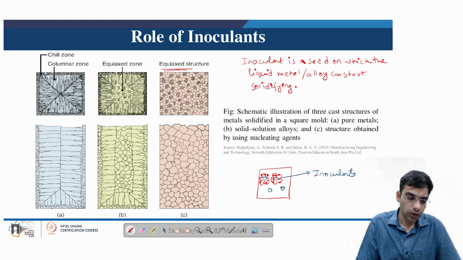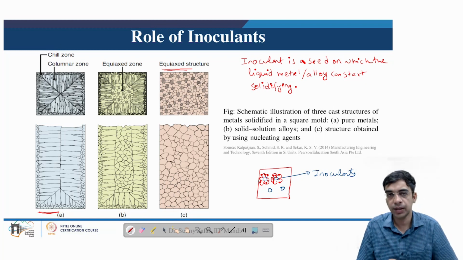Because once we have the long grains as shown in, say, columnar dendritic structure, these long grains are not very favorable for enhanced mechanical properties, because there is a lesser number of grain boundaries and larger grains. Larger grains are generally characterized by more defects, porosities and impurities. So we want to have finer grains with more grain boundaries. Finer grains means the grain size will be small, the number of grain boundaries per unit volume will be high, because of which the dislocation movement will be impeded.